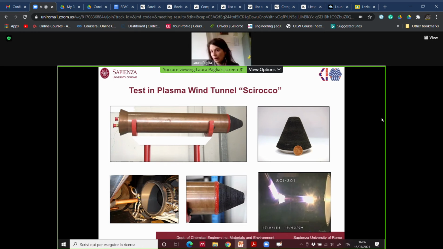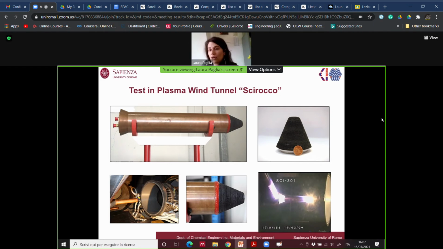In particular, in this case, you can observe an ablative material composed of a carbon felt and phenolic resin, okay, with a density of 500 kilograms per cubic meter, and this material was tested in Scirocco. Scirocco is the plasma wind tunnel facility of CIRA,